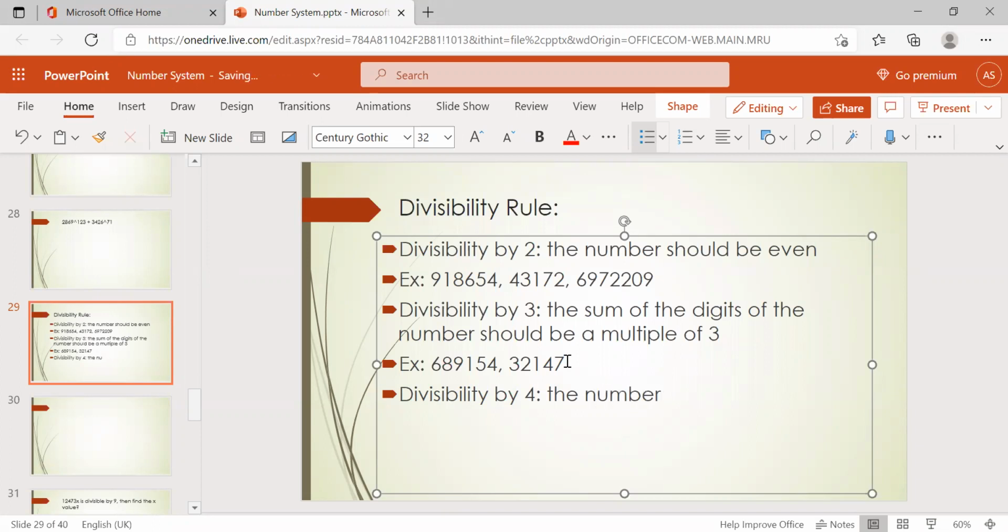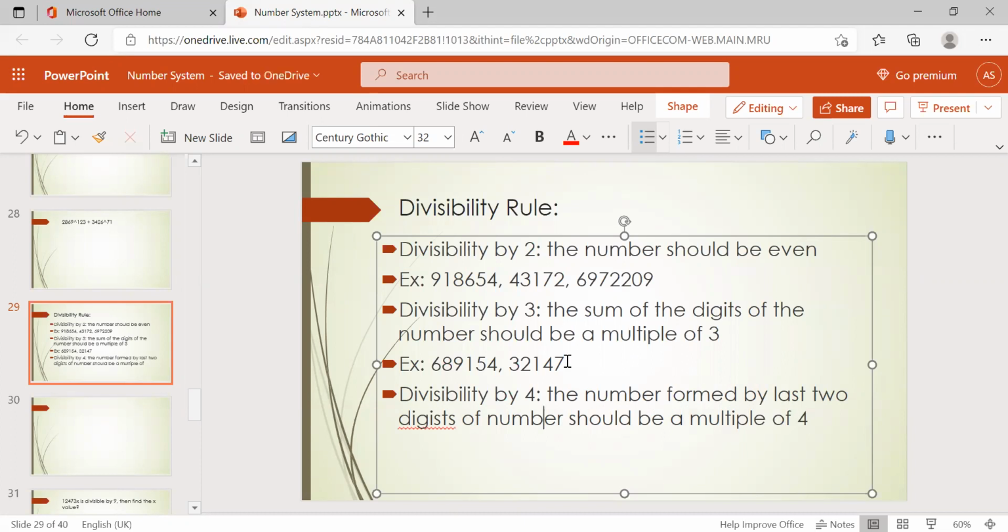Note it down, everyone: the number formed by the last two digits of the number should be a multiple of 4.